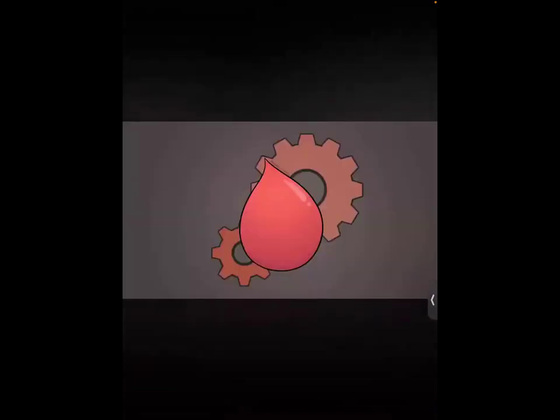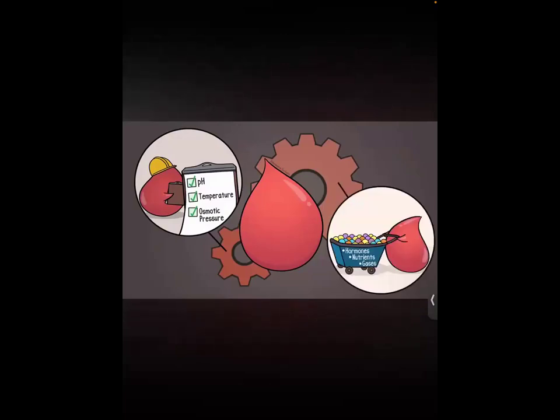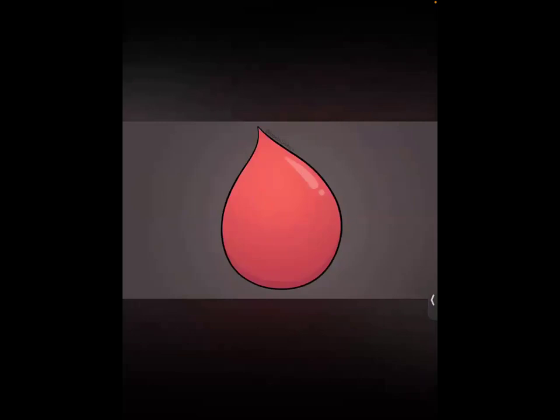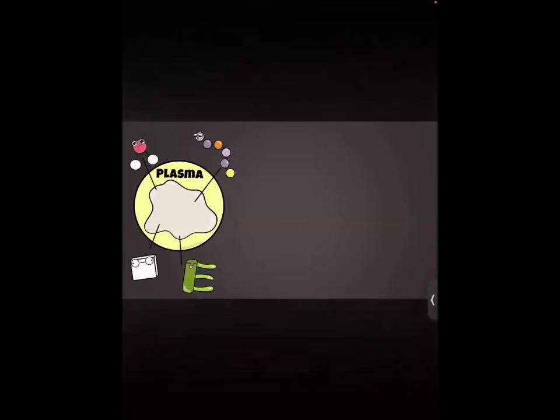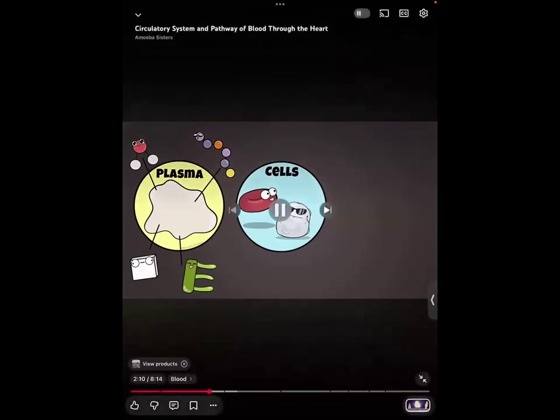Human blood has a lot of functions. It maintains a certain pH, temperature, osmotic pressure. All of this is very important for homeostasis. It transports things like hormones, nutrients, and gases, and it's made up of different components. One component includes plasma, the liquid portion. Water, proteins, salts, lipids, you'll find them in this liquid portion of blood known as plasma. Another component includes cellular components. This means red blood cells, which do the transporting of gases, white blood cells, which can fight